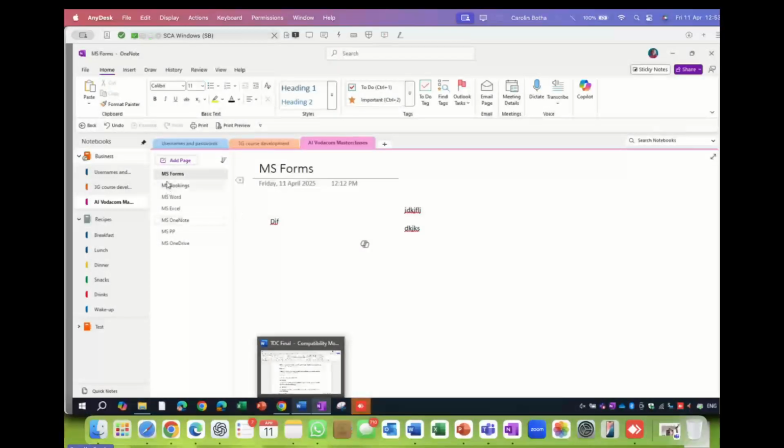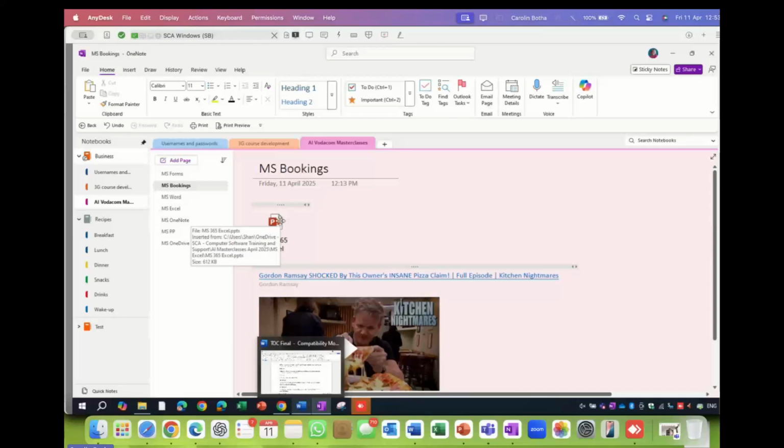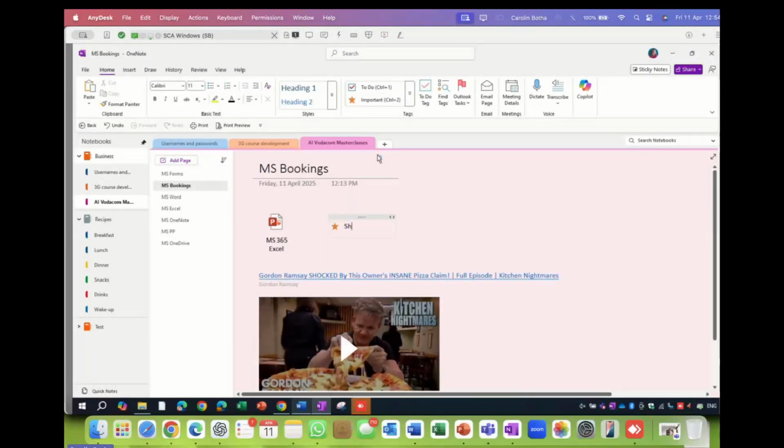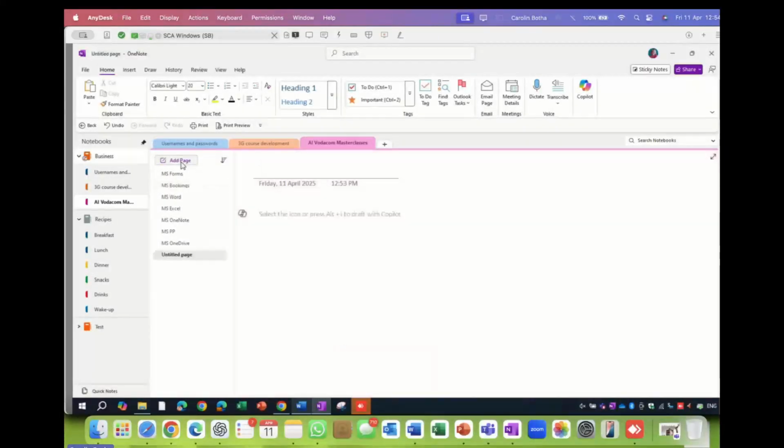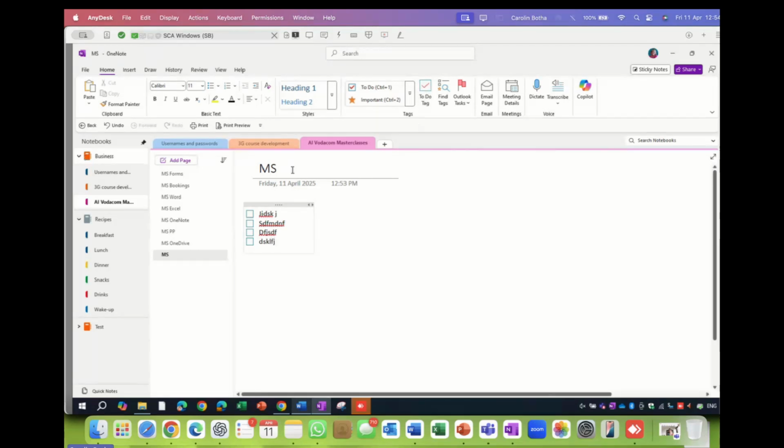So let's go and mark this as well. Mark that as important. Then I'll know it's related to that. You can even, let's just do a new page. You can even insert a to-do list for you. You have to do this, you have to do that, and that's all the tags that you have.